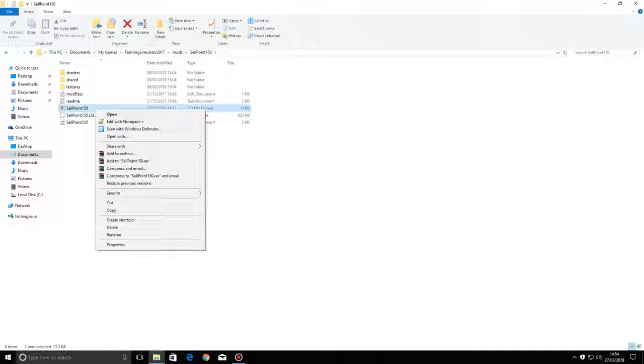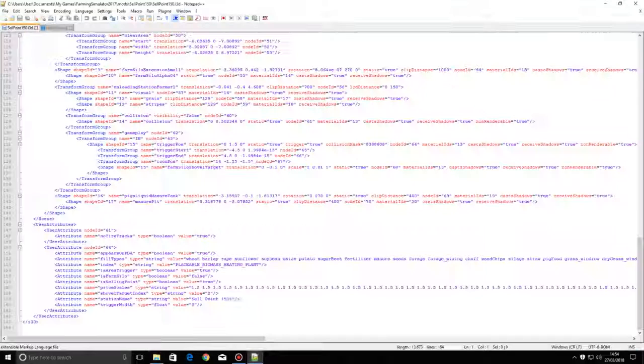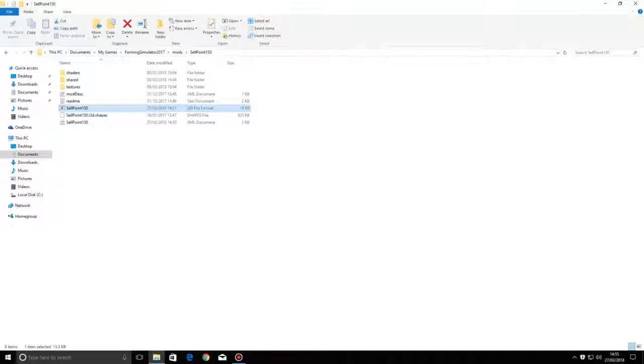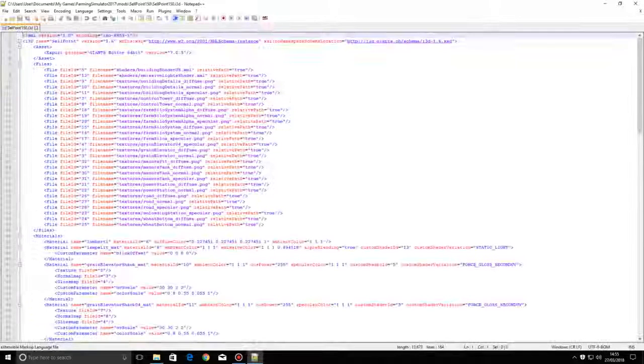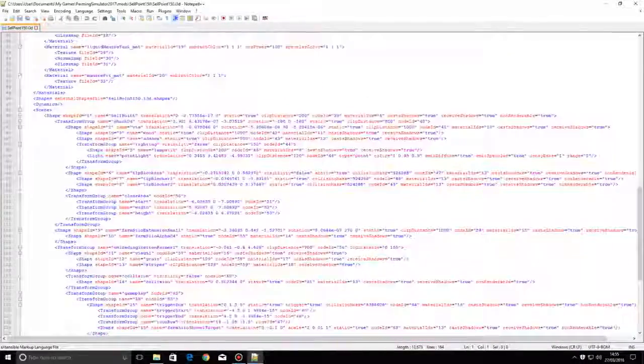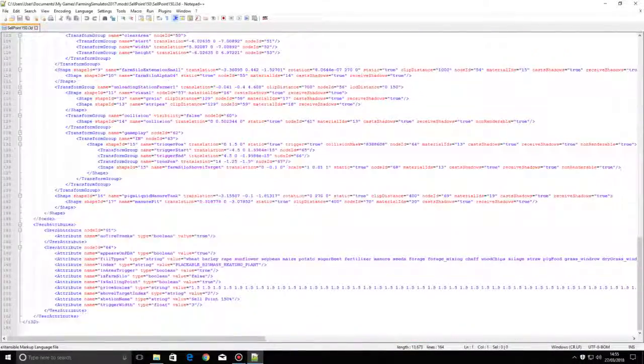If you have Notepad++, it's a lot better for the i3D files. So you open that up. Right, open that up again with Notepad++. Then you see all these and think, oh, Jesus Christ, what am I going to do here? You don't worry about that. All you do is slowly mouse down to